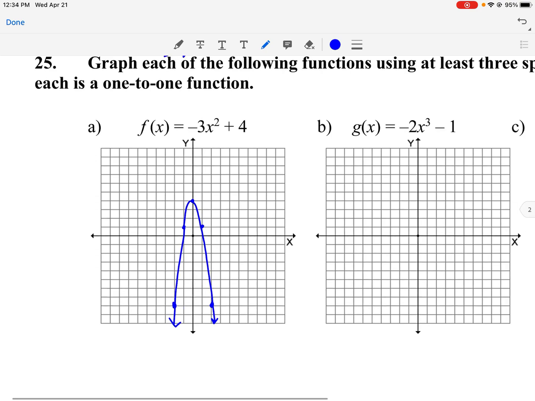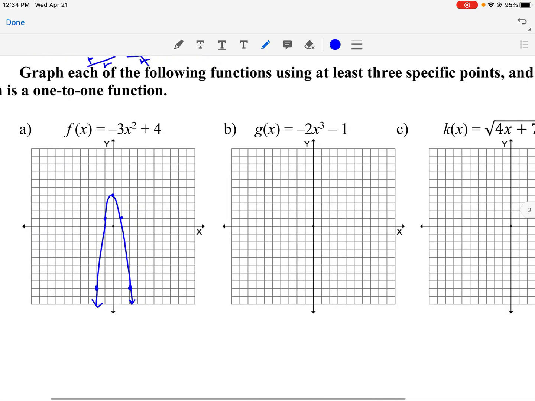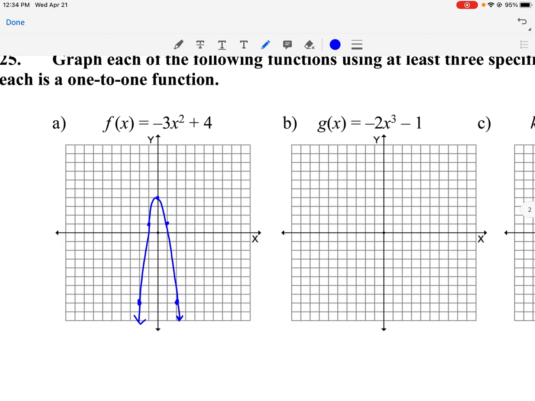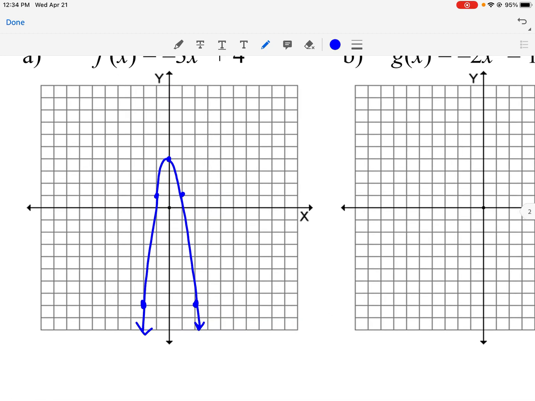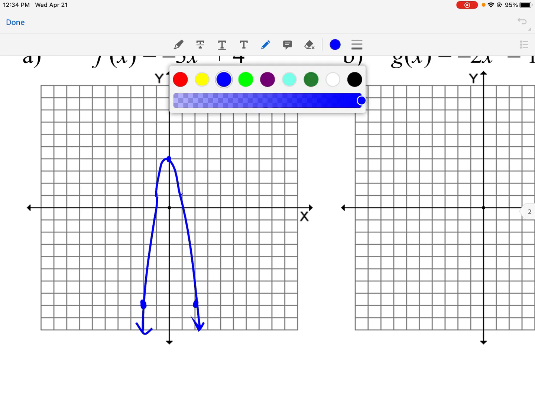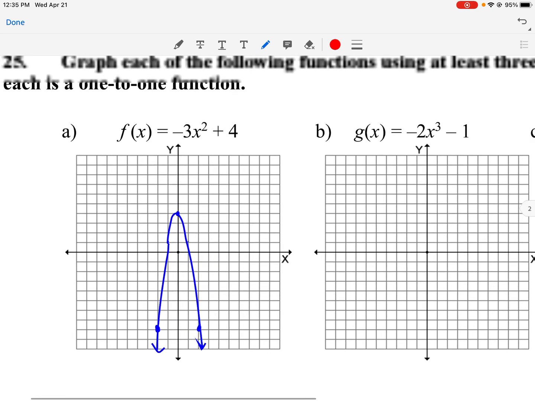And then we have to decide, after we graph, then determine if each is a one-to-one function. So remembering one-to-one function, well, first of all, we have to decide if it's a function by using a vertical line test. So we take a vertical line, we run it across our graph, and if it ever touches more than 1 point on the graph at a time, then it fails. But we're okay, that is a function, it passes the vertical line test,